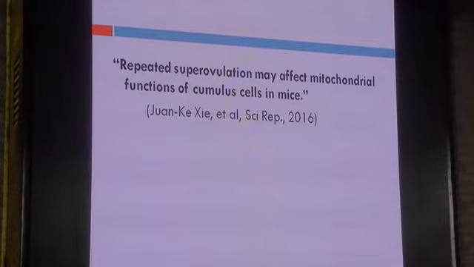They subjected mice to repeated cycles of controlled ovarian hyperstimulation, and then analyzed the ovaries, and they found an aberrant function and number of mitochondria in the cumulus cells surrounding the oocyte. And they concluded from this that repeated ovulation does have a notorious effect on the ovarian reserve